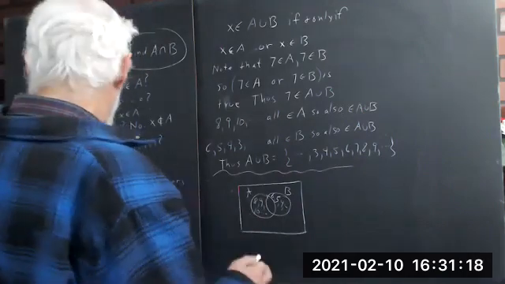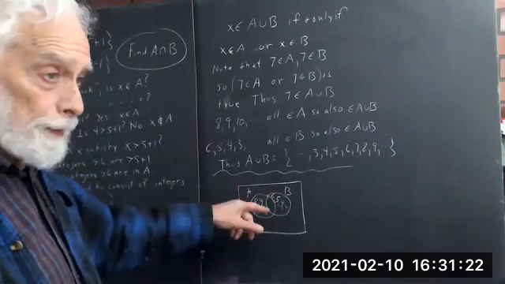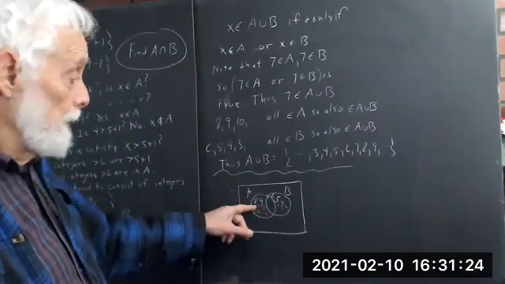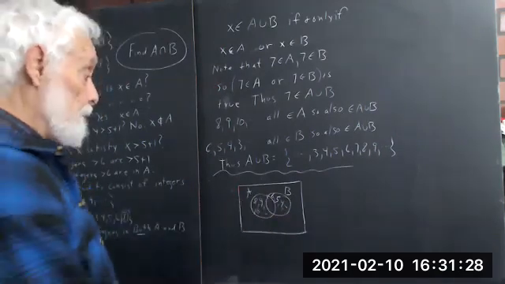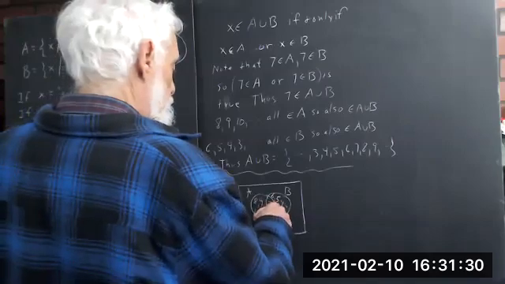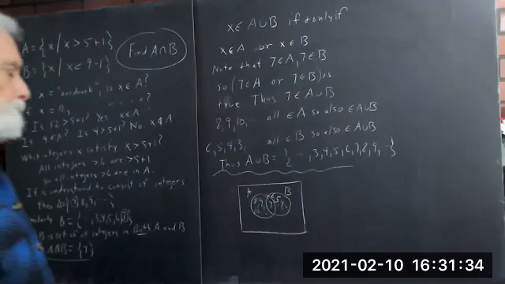And then where's 7 going to go? Well, 7 is a member of set A, but we can't put it here in this region because it's also a member of B. It has to go here. Okay, so